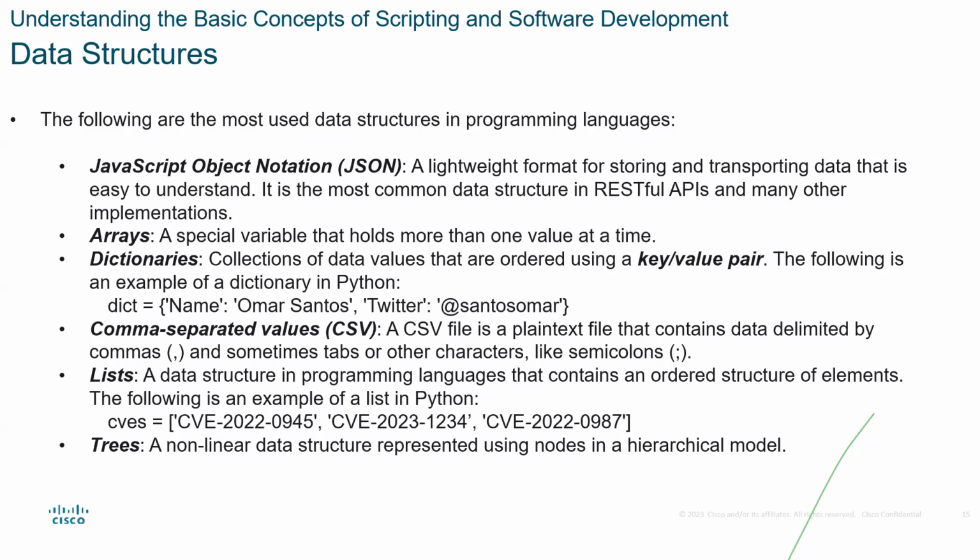Those ones are normally used for storing and transporting of data, right? We also have arrays, which is normally a variable that holds more than one value at a time. We have dictionaries. We're going to deal with them one after the other as we move on. Dictionaries are more like a collection of data values, and they sometimes are ordered using some pair. So you might have, for example, name and phone number, name, email address, and